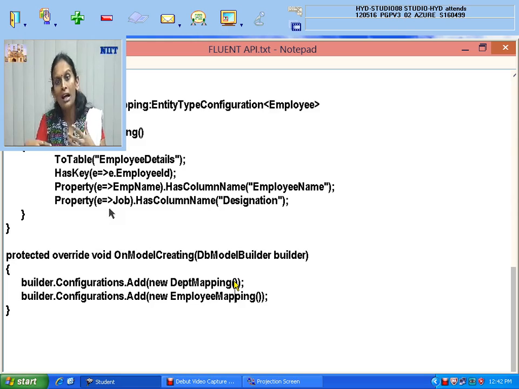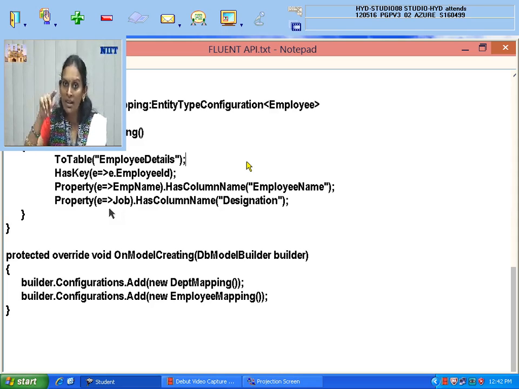For my clarity, I am doing a mapping class which specifies what this table name should be mapped to and what this column name should be mapped to. For a particular model class I am creating one mapping class, but it should be inherited from EntityTypeConfiguration. That means for this entity I am doing some configurations: table name changes, column name changes, foreign key specification, HasKey meaning primary key specification. Like that I am going to tell. So that's about your methodology. This is a lengthy process when compared with that.